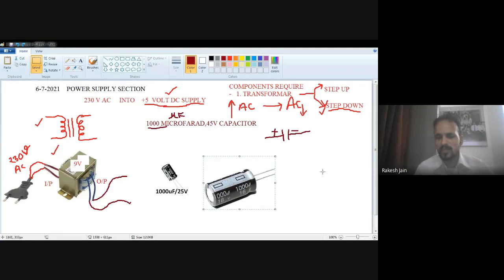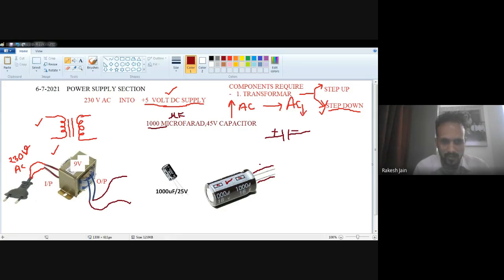There are two pins. This is a capacitor actually. How do you understand that it is electrolytic or non-electrolytic? See very carefully. One pin is longer and the second pin is a little bit shorter. Otherwise, one pin is connected to the minus sign, and the minus sign is written on the capacitor. This is the minus symbol. This is also the minus symbol. So the minus pin is this one, and the plus pin is this one. This is mentioned on the capacitor. So that is known as your electrolytic capacitor.